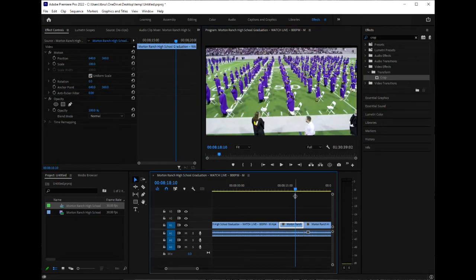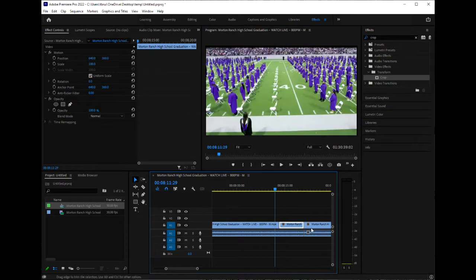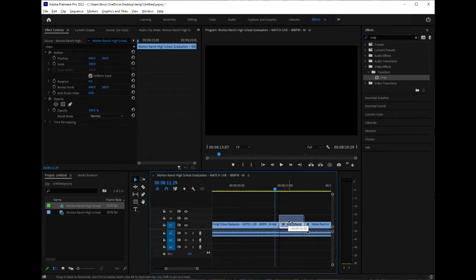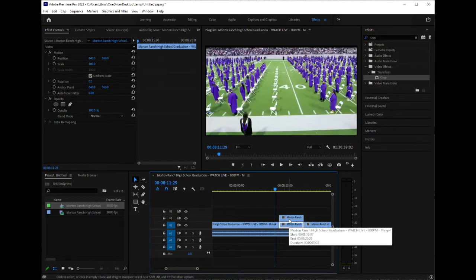So in order to do that, we're going to have to duplicate our clip. So I'm going to hold down the Alt key of my keyboard, and I'm going to click and drag this portion of the clip just right above it. So we have two identical clips here of the portion of the video where I'm going to want to